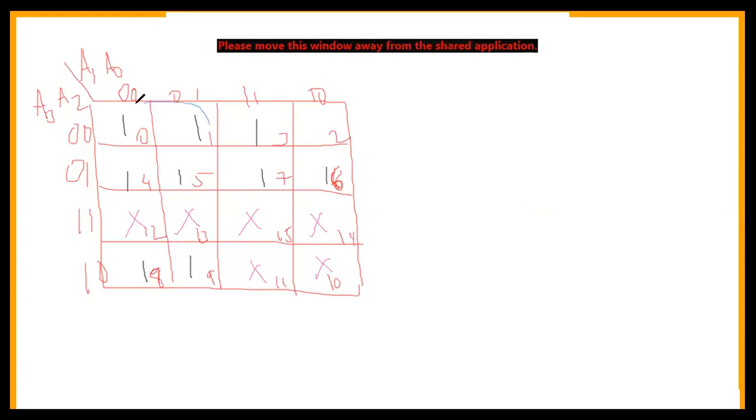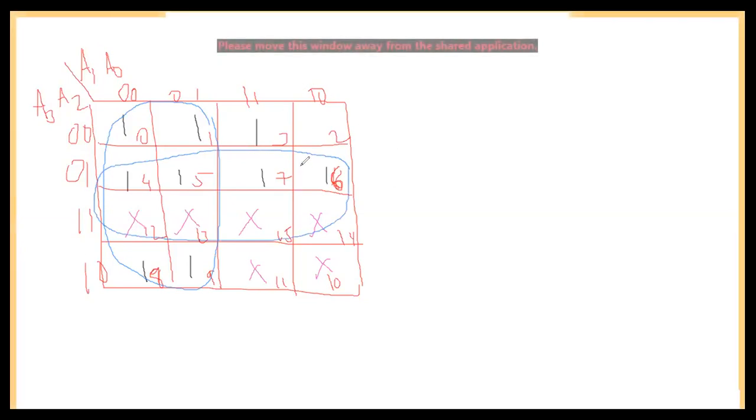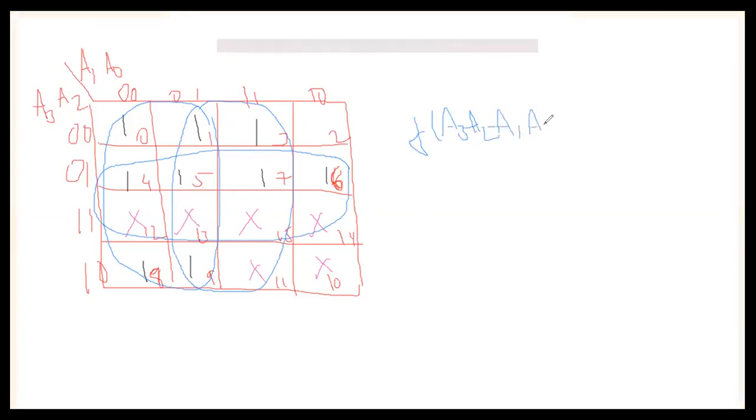I'm taking one 8-box combination, covering 0, 1, 4, 5, 8, 9, and another 8-box combination like this, and finally to get 3, another 8-box combination like this. So totally three 8-box combinations cover all the minterms. The function of A3, A2, A1 and A0 is equal to